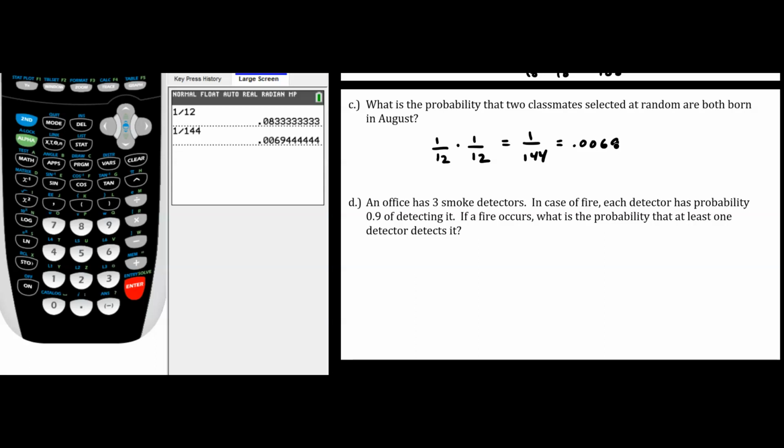Okay, last example. An office has 3 smoke detectors. In case of fire, each detector has probability of 0.9 of detecting the fire. If a fire occurs, what is the probability that at least one detector detects it? Okay, so here is a tricky question because it involves this at least one concept that we actually saw once before. And we're going to have to apply that also in the context of either independent or dependent